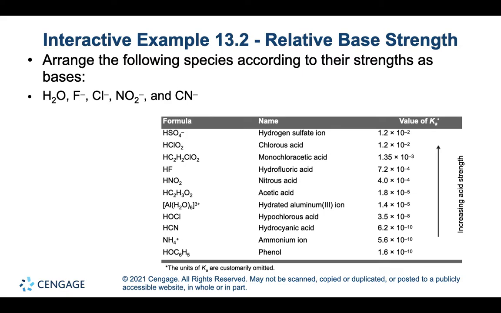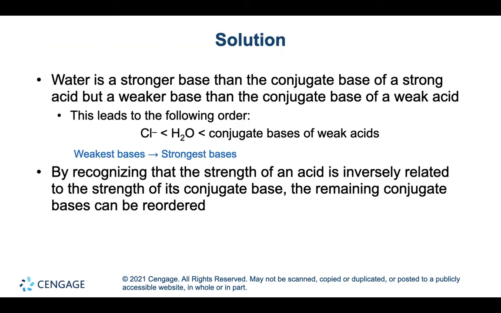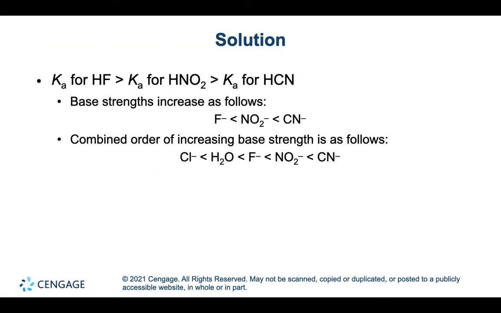HNO2 is the next strongest, so NO2 minus is the next weakest base. And then hydrocyanic acid is actually very weak, meaning HCN doesn't want to give up H+, so CN minus would very strongly want to gain H+. So that puts our order as